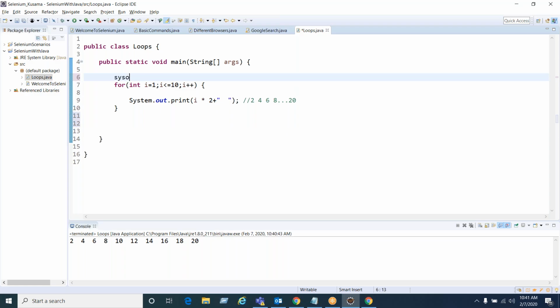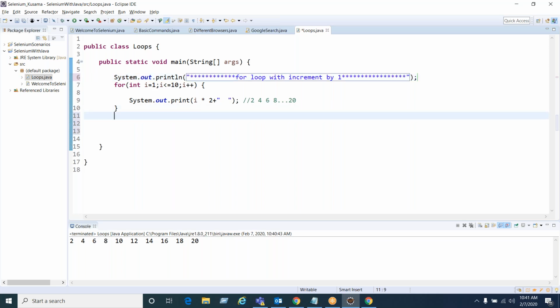Okay, for loop with incrementing by 1. See, I plus plus means I is equal to I plus 1. So I'll write